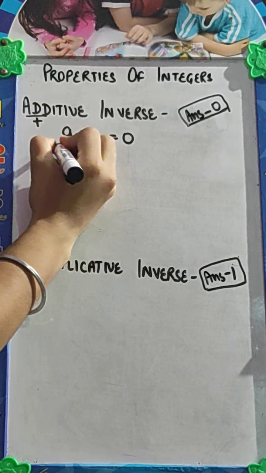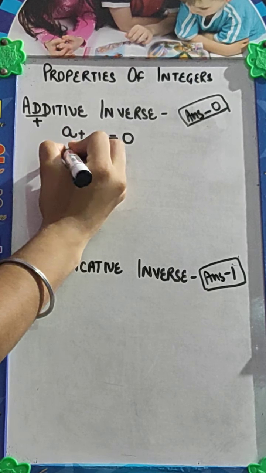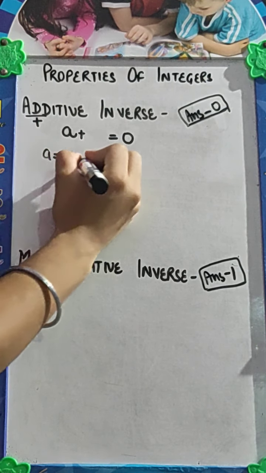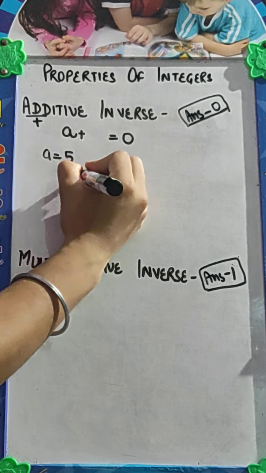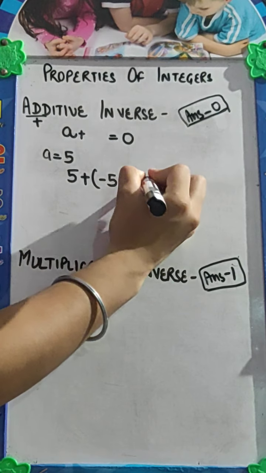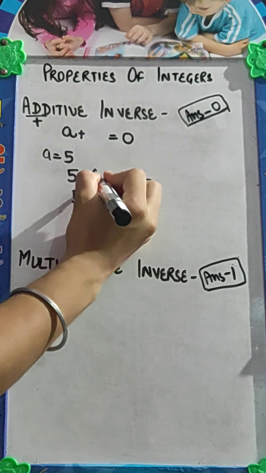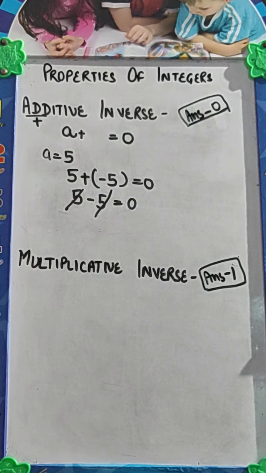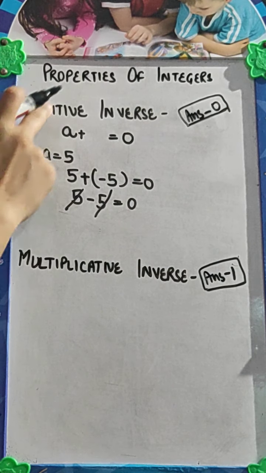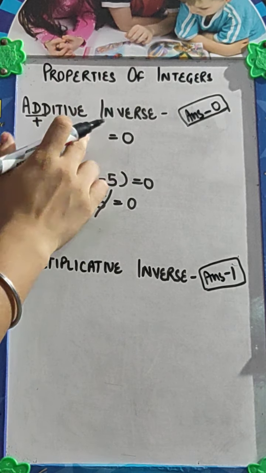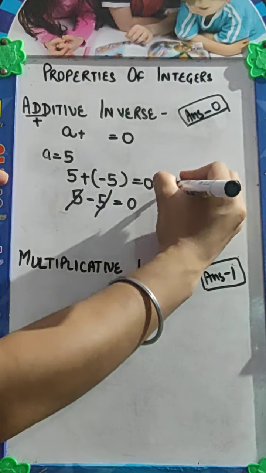If supposedly you are having a as 5, है ना? a में 5, a is 5. So if you add minus 5 in it, हमने क्या add कर दिया? Minus 5. We will get 0 here ना? Because plus minus we will get 0. Positive, negative, they get cancelled. Same digit with opposite sign, they get cancelled. Means we have to add its inverse.